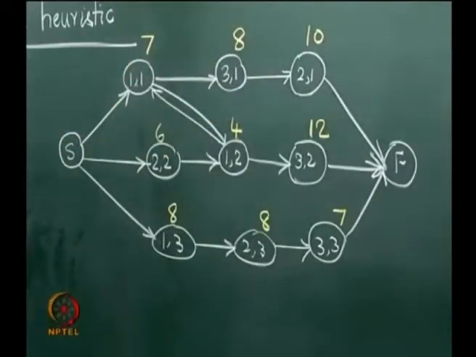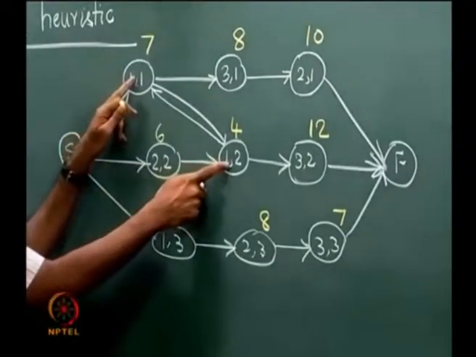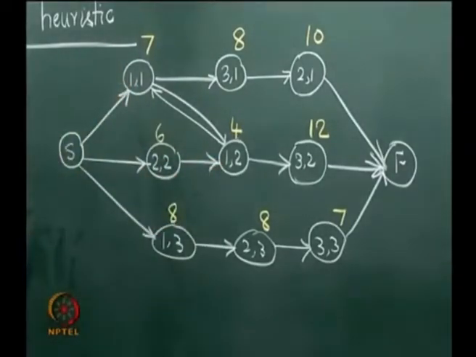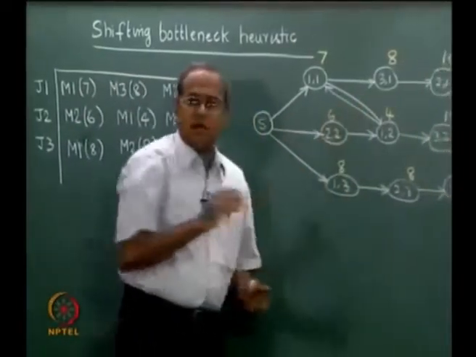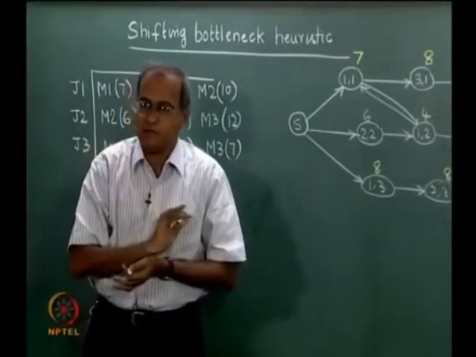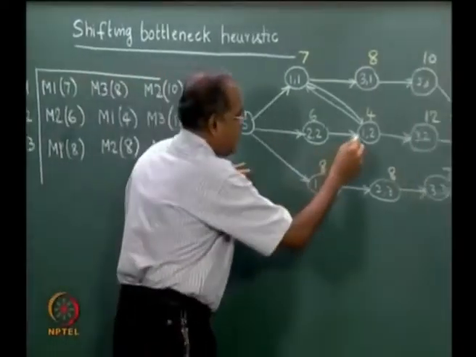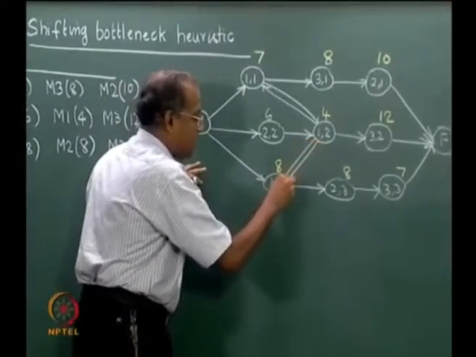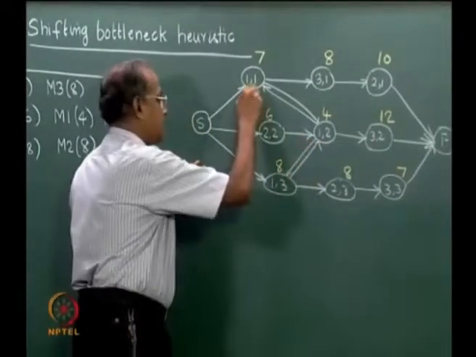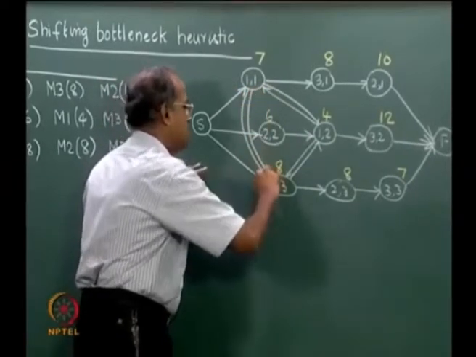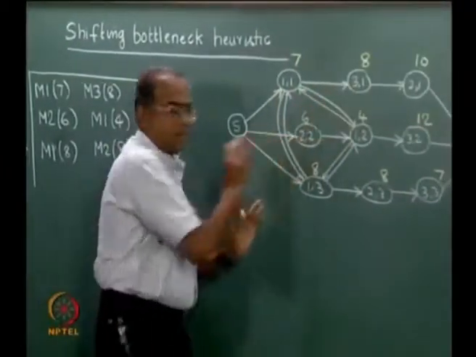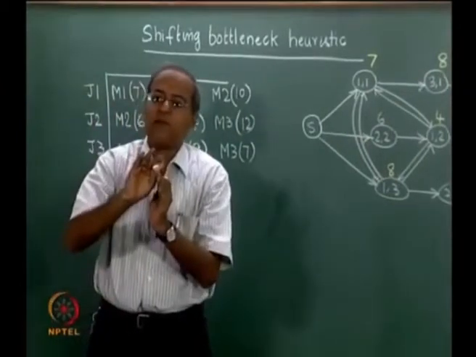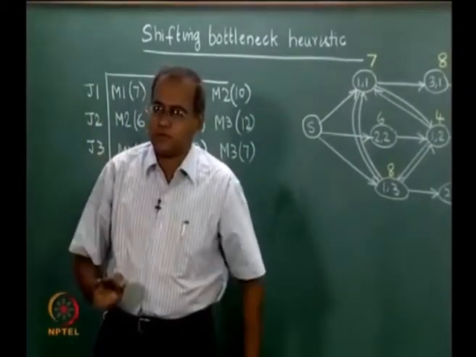So at the moment, if we consider these 2 jobs on this particular machine, we do not know the order in which they are going to be processed by the machine, and depending on the order, one of these two arcs will be active while the other will not be active. Similarly, we have to consider for machine 1 jobs 2 and 3, and also jobs 1 and 3. So for every pair of jobs there are 2 arcs, and one of them will finally be active depending on the solution.